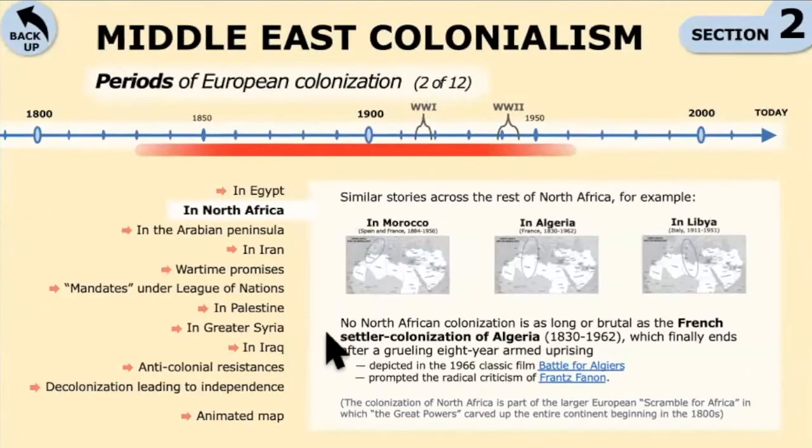As it says here, Algeria was probably the most long-lasting and brutal episode of European colonization in the Middle East. Historians have described the French policy as, at times, genocidal. Whole parts of the country were burned down. Let me read a little bit from a book by John Chalcraft. You can read along if you like. The French were prepared to go to extreme lengths to destroy the resistance,